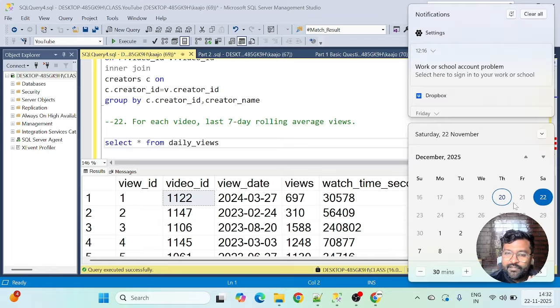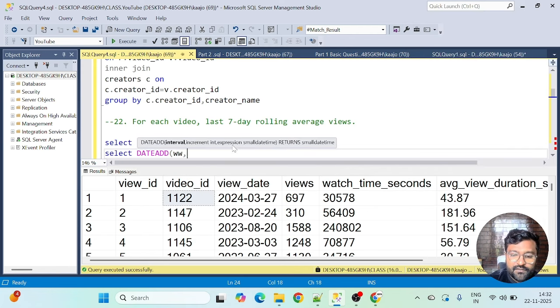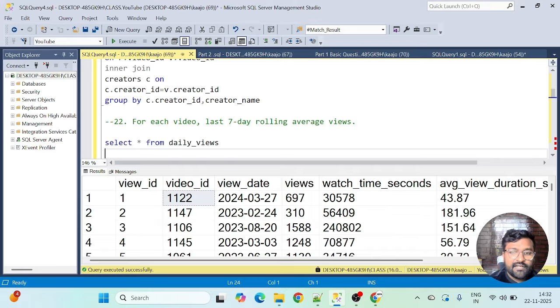Okay, so that means when I say that this question is not about calendar week, we cannot apply a date function. Initially I also thought that we could simply go with a date function wherein we just go 7 days back, something like DATEADD days minus 7 and GETDATE. I also thought like this, but no, this is not what the question asks. They're asking us last 7 days.